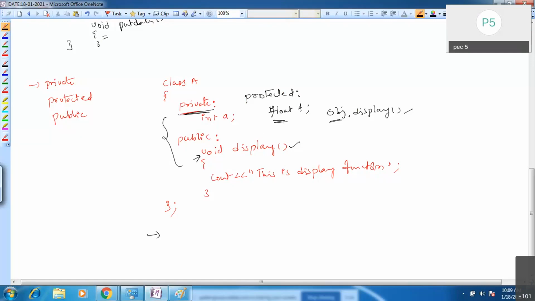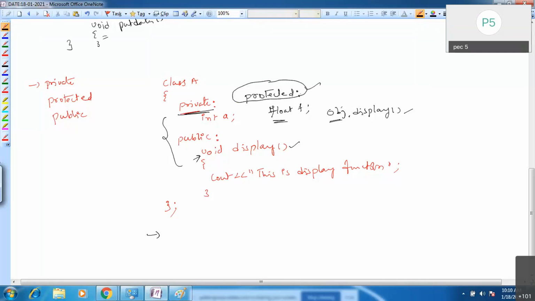These protected members you can use inside the class, by members of the class, and even in a derived class. When we talk about the protected access specifier, I already said we will discuss this protected keyword in depth in the inheritance concept.